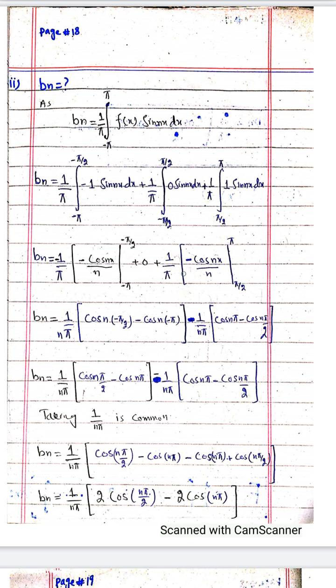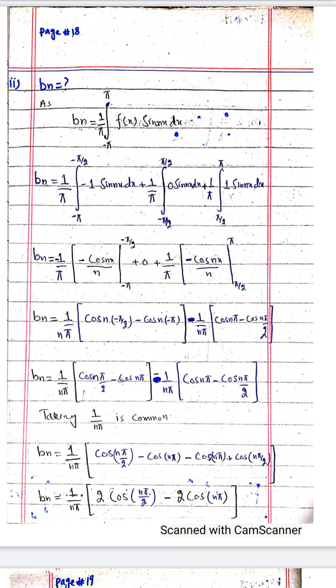plus 1 over pi. So this is plus and this is minus, minus into plus gives minus, so 1 over n pi, multiplied by n pi. We'll apply the limits, so cos n pi minus cos n pi by 2. bn is equal to 1 over n pi, cos, I already told you that the cosine function is even, so this gives us positive, cos n pi divided by 2 minus cos n pi,